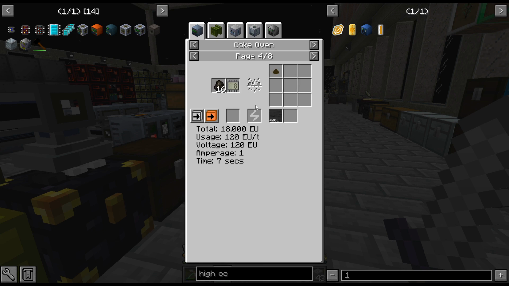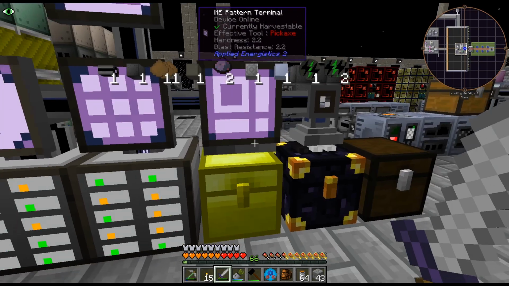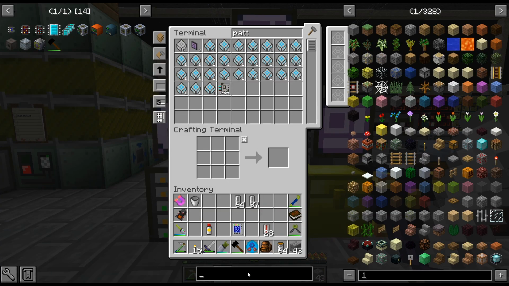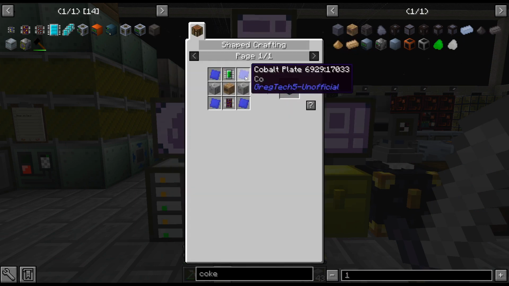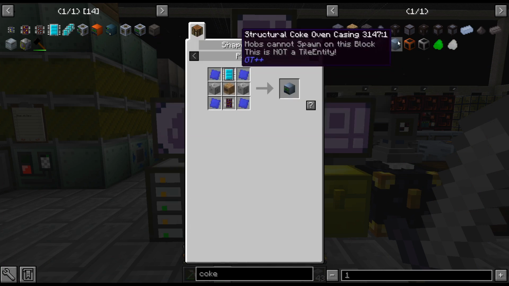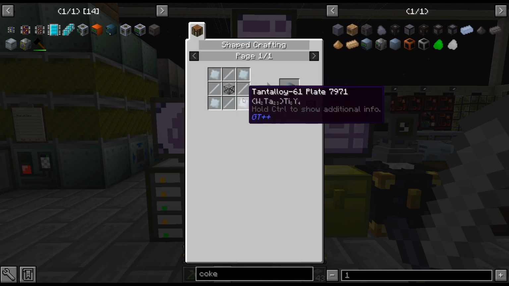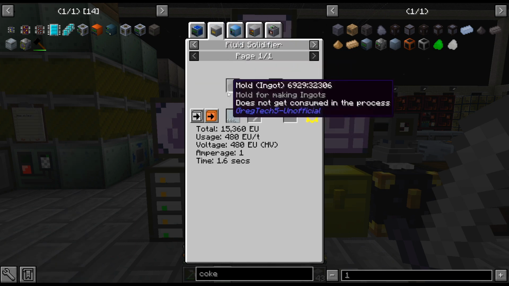We do it in a coke oven, we get like 1 to 4-ish. We do it in a power, it's 1 to 4 as well. Alright, so same kind of ratio. Can we even do the coke oven? The industrial coke oven? I don't... Cobalt, HV, coke oven block, IV. Well, that's easy. Tantalloy. This is all tantalloy. Is tantalloy...